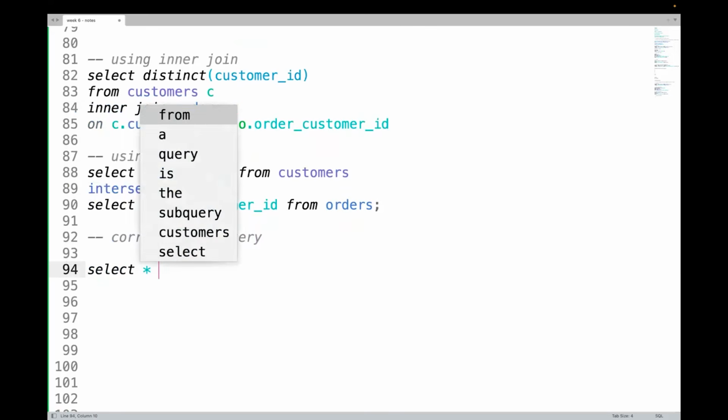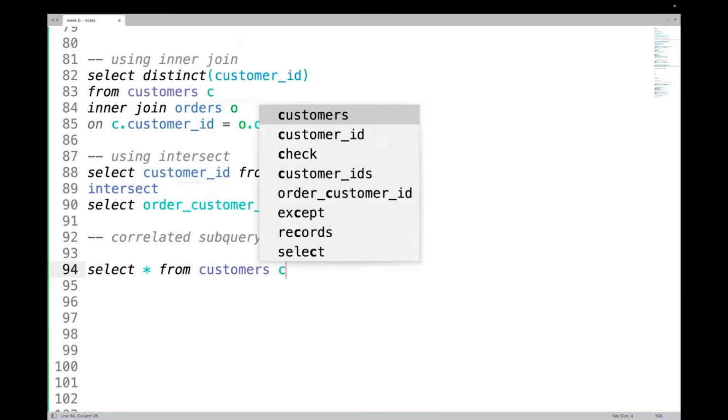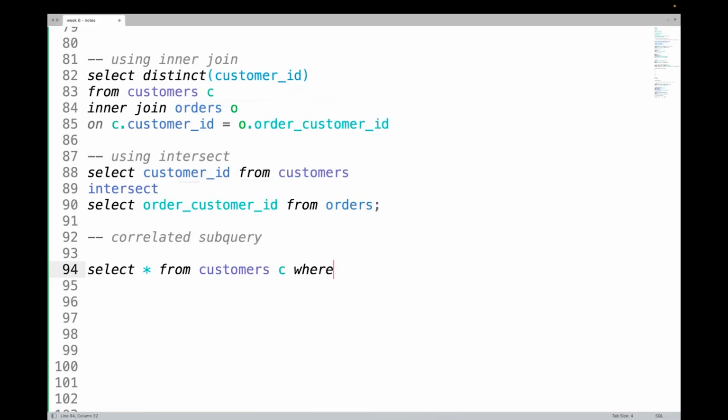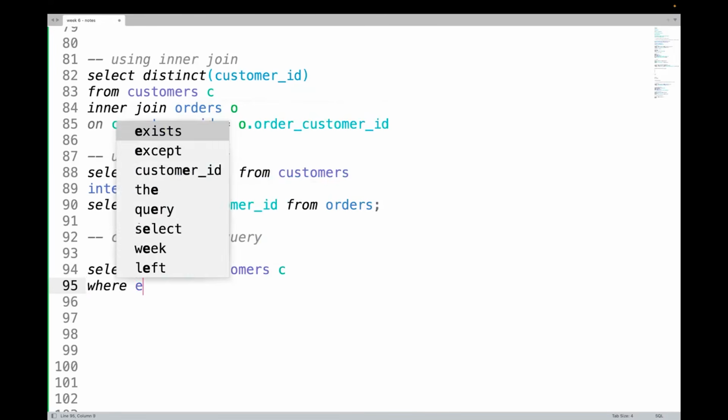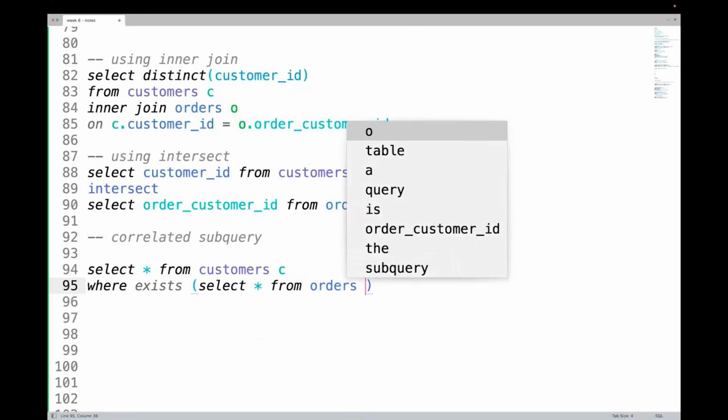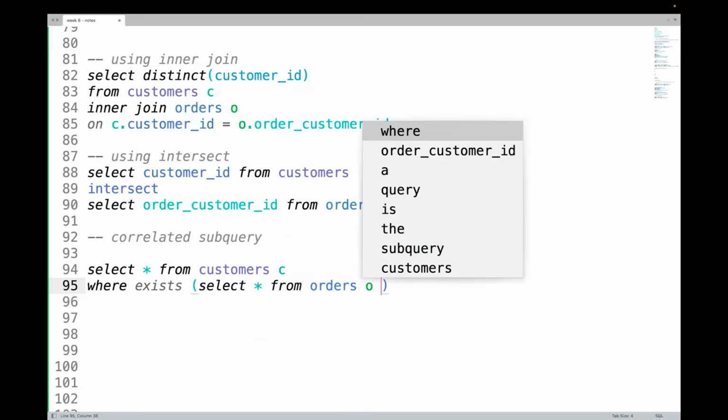Select star from customers C, right? Where exists. That means if something exists in orders, I want to print the record from the customers table. I'm just checking if it exists in the orders or not. So what I have to say, select whatever, it doesn't matter, from orders O, where